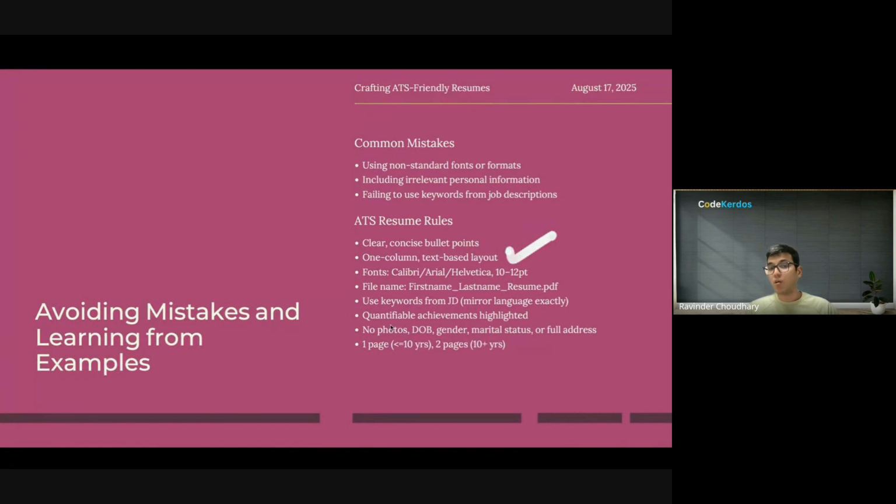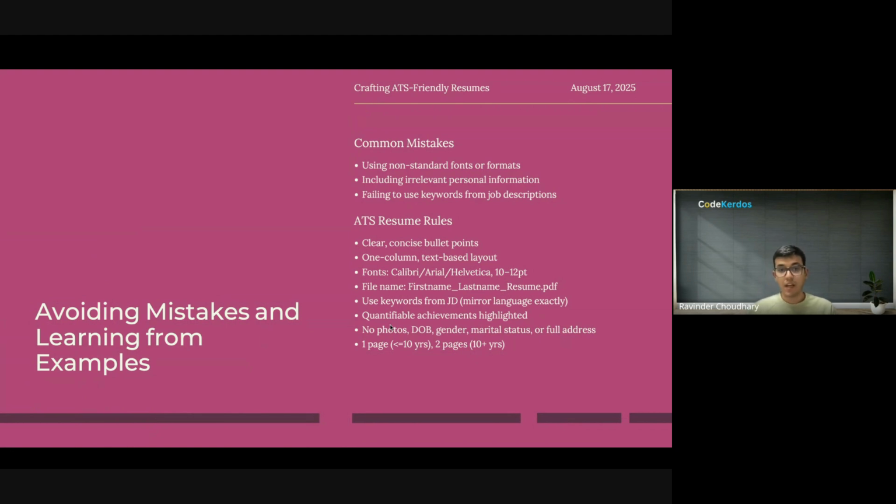Use one column layout, text-based layout. Don't use multi-column. I've come across several people who create two columns. Those two column layouts for a resume are not really good because ATS tools have difficulties in reading through such resumes. And just think about it. You do not want to take that risk, because if ATS filtering doesn't go through, then you have zero chance,